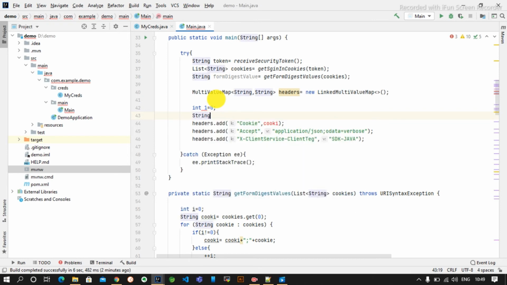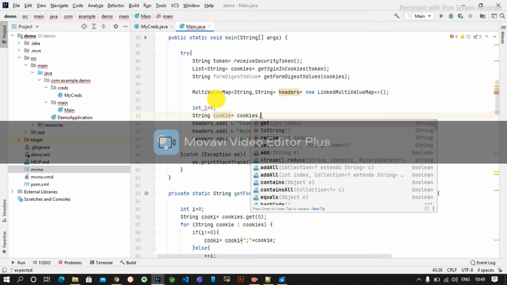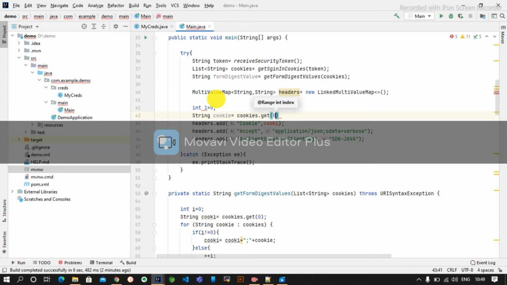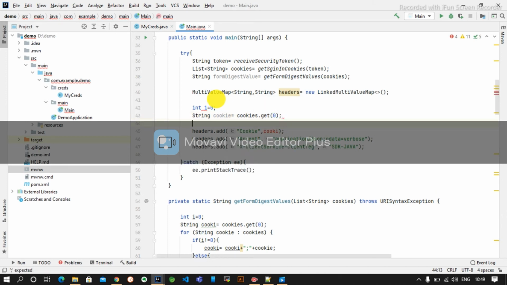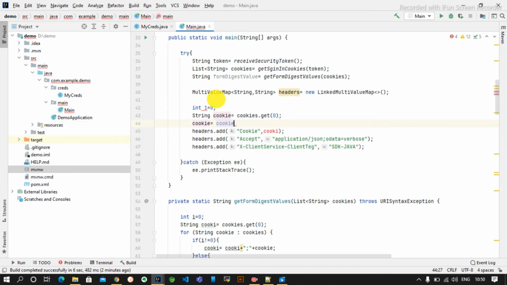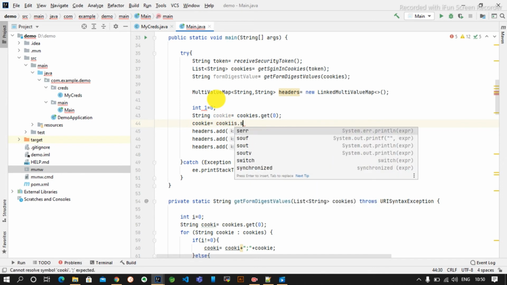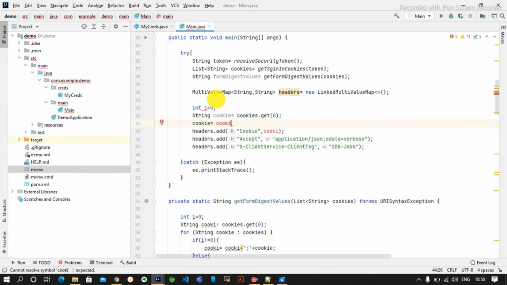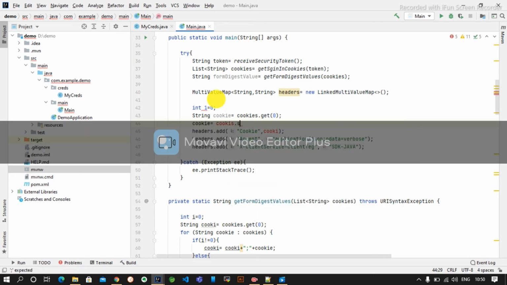String cookie is equal to cookies dot get 0. Cookies is equal to cookies dot stream. Oh sorry, cookies dot